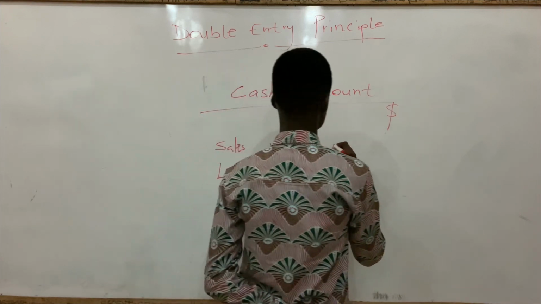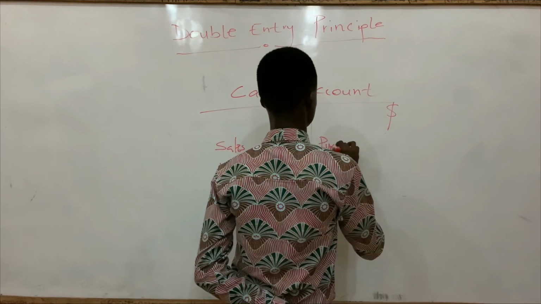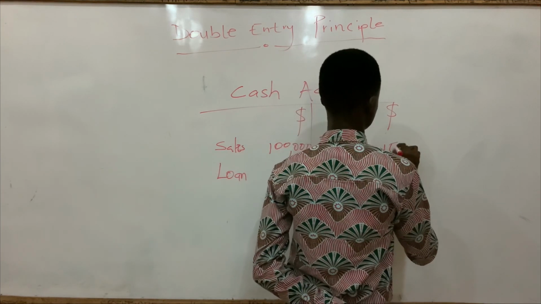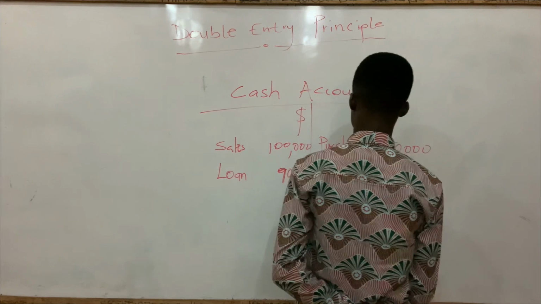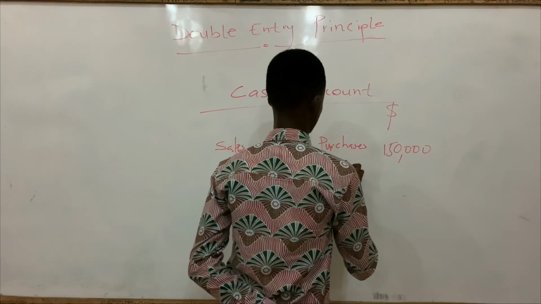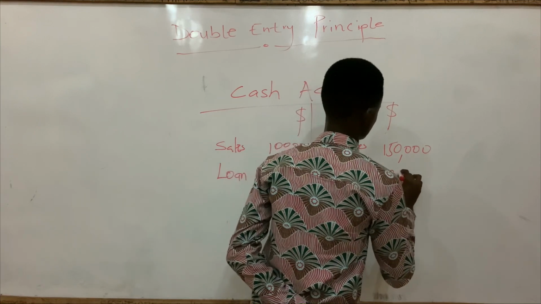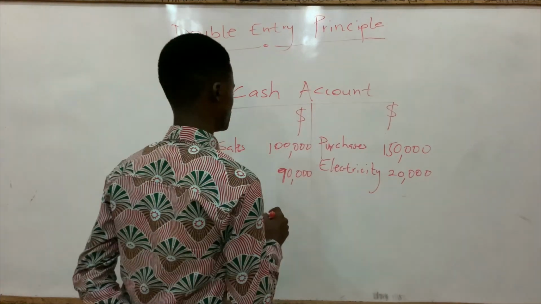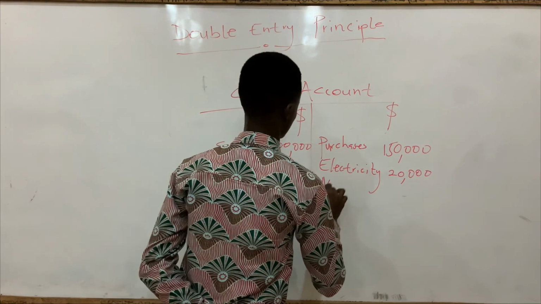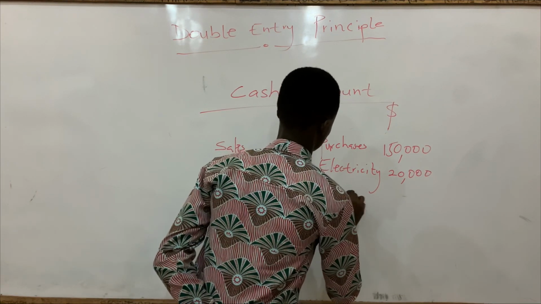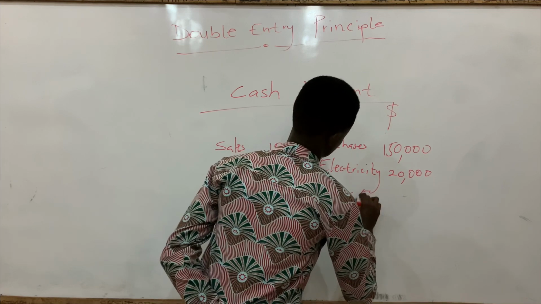And on the credit side, we have purchases for, let's say, $150,000. We have electricity paid for, let's say, $20,000. And again, we have, let's say, motor expenses